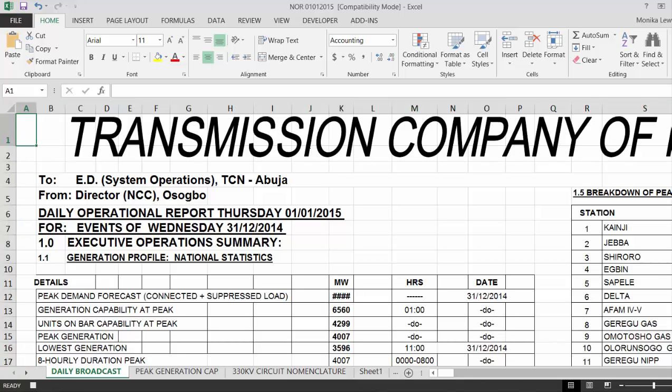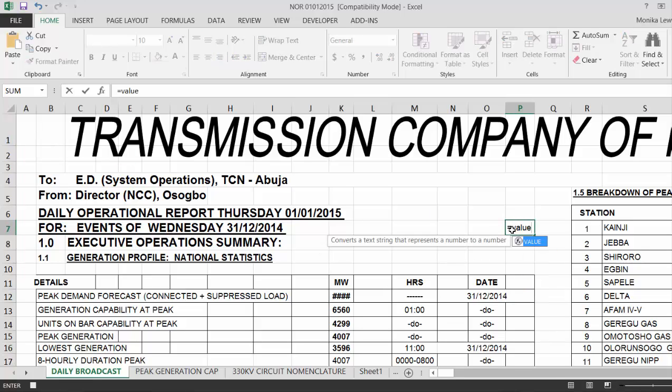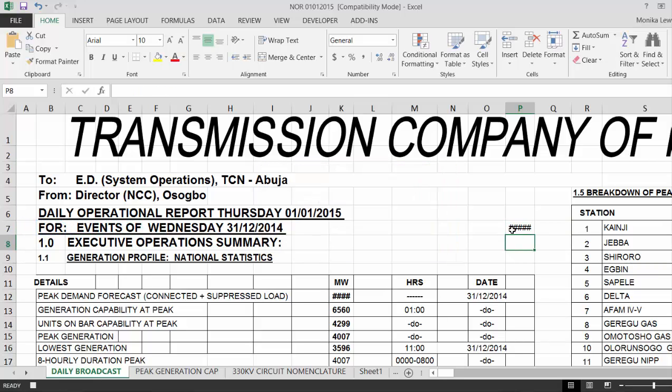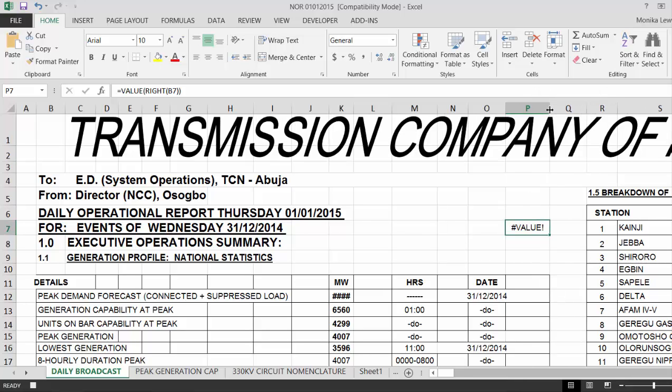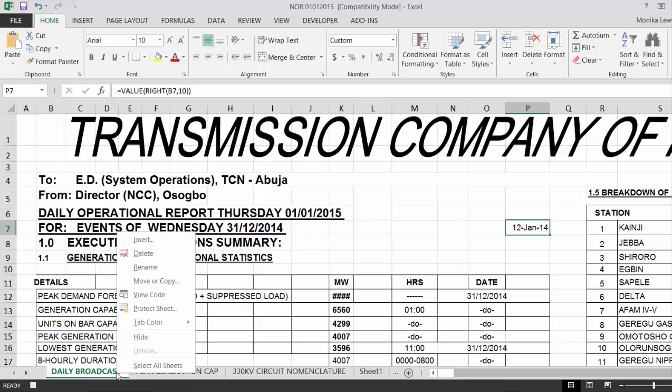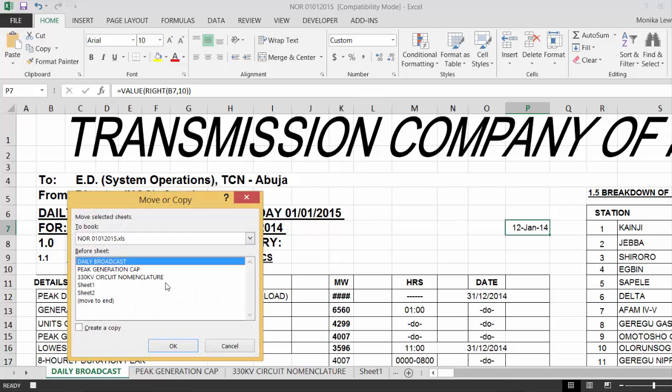Go to the top, go to P7, put equal value, right, and get our date. Okay, and I suppose I can make this wider just so we see it, and I should have put 10 again, and then we can even press Shift Control 3, and then we right click, we move or copy, and we go to the